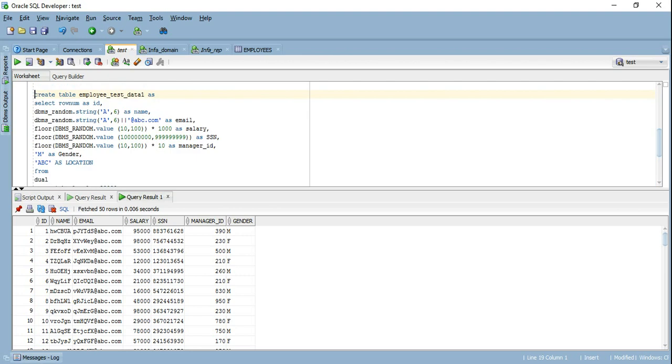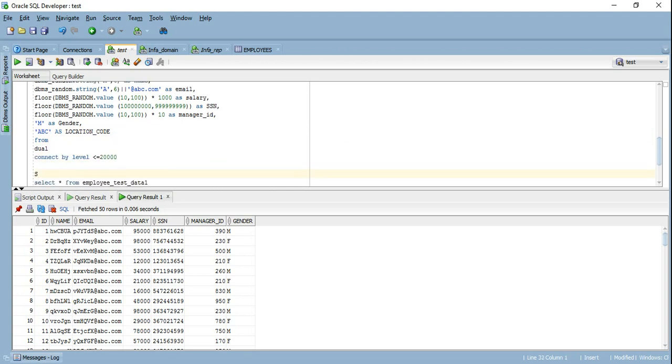But the challenge is, if I create a table 2, this particular location ID or location code column, this table has a foreign key relationship from another table, locations.